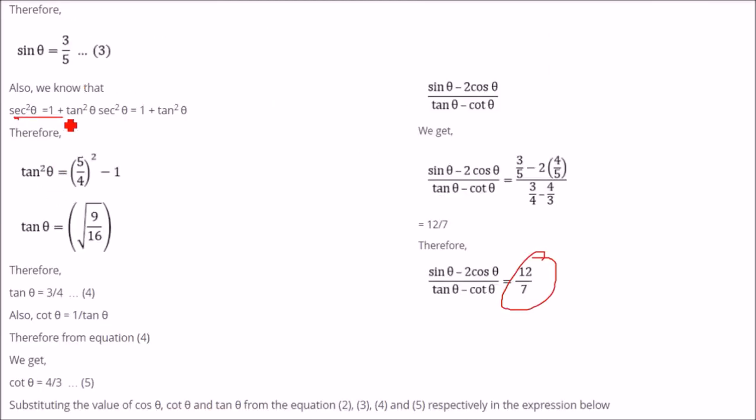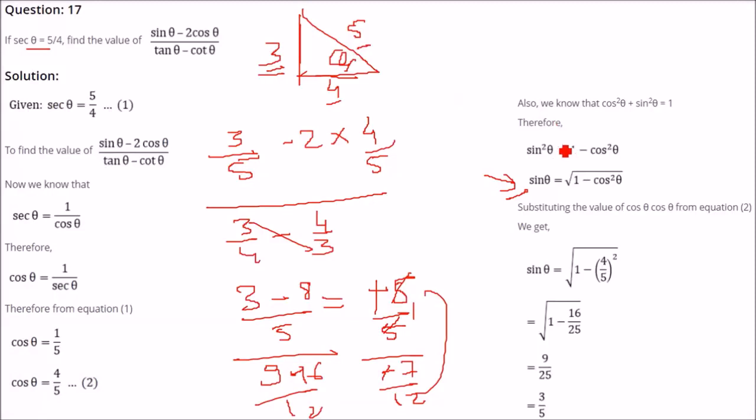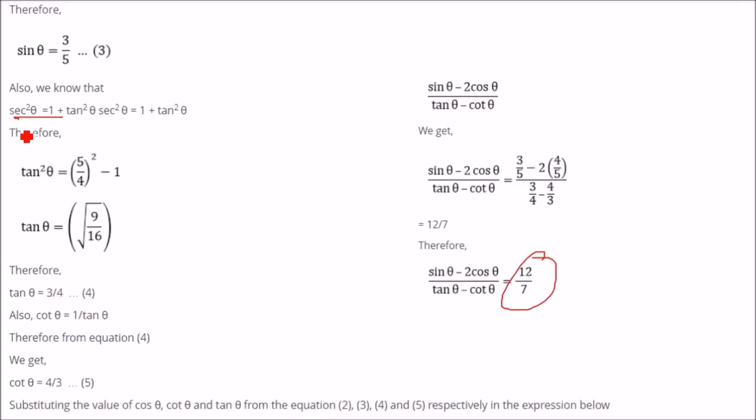So let me tell you again that you can use the formula also. Sec square theta equal to 1 plus tan square theta and sin square theta plus cos square theta equal to 1. To find out the value of the sin theta, you can use this one because this cos is just the inversion, or you can say reciprocal, of sec theta. And for finding out these values, sec square theta is given, so tan square theta can be found out using sec square theta and tan square theta. So this is another way. The way I told you, and this is another way in front of you. So you can choose either of them.